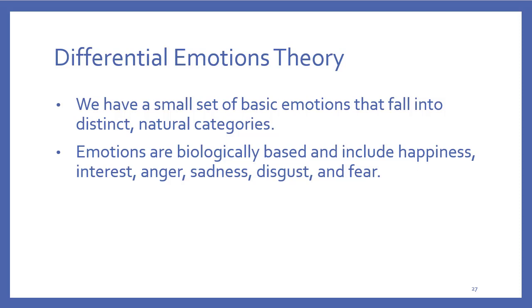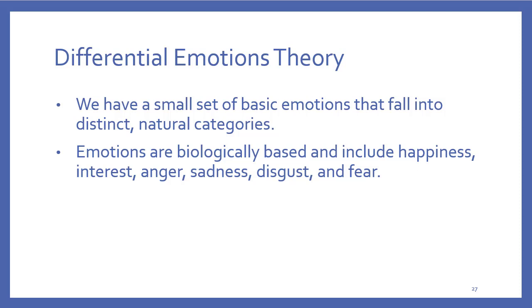All right, so generally, emotions fall into distinct categories, and the sub-emotions or component emotions can also fall within certain categories and combine to make other emotions that can be categorically similar. Differential emotions theory subdivides feelings into generally happiness, interest, anger, sadness, disgust, and fear. And again, there are different ways to categorize emotions, but it's important that we have some understanding of the models that are out there.